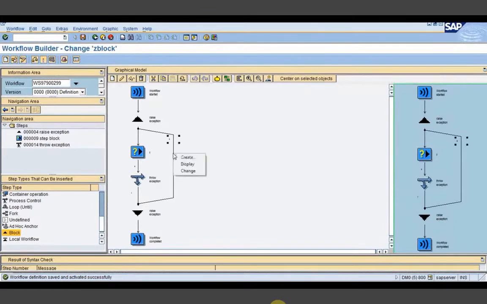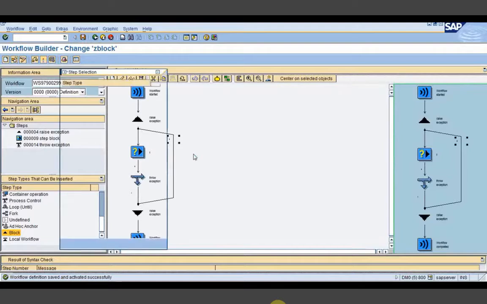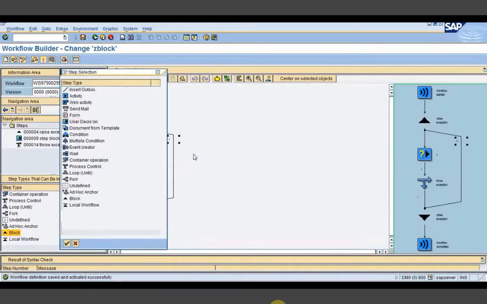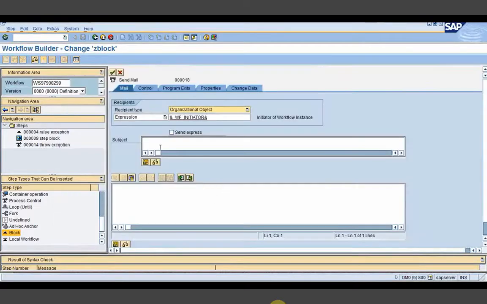So suppose I want to create one mail step so that whenever the exception got, I want to send the mail to some users, you can create one activity step also here, and you can just write that send notif whatever we have created in the method of that class.